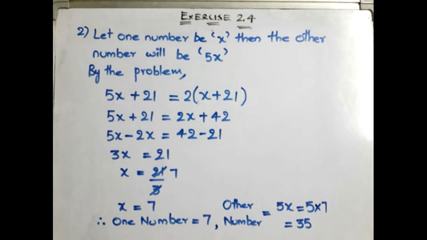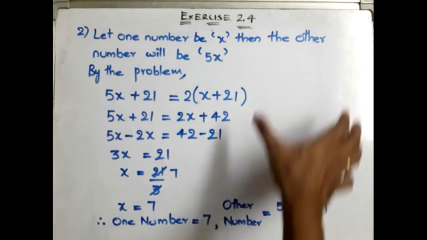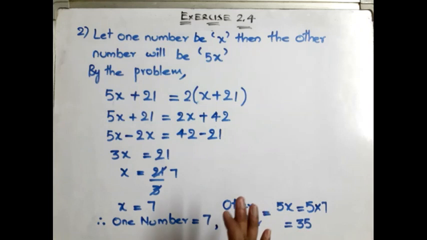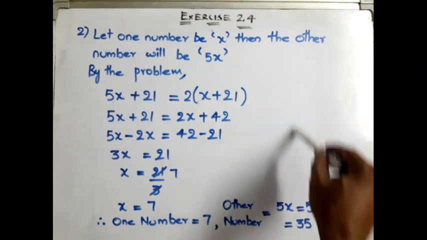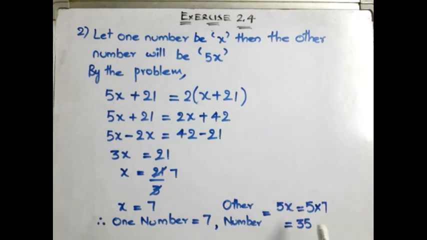Now, before moving to the third problem, it's quite important to understand one concept which I am going to discuss now. You copy this answer in the CW. What I am going to explain after this, you don't copy in CW. I will give it as points. You copy those points after this solution. Then we will go to the third one. Hope you are clear. First you will write the second answer. Next, I will send you some points through a document. You will copy those points. After that, we will continue the third answer. Hope you are clear. Now let us move to that explanation part.